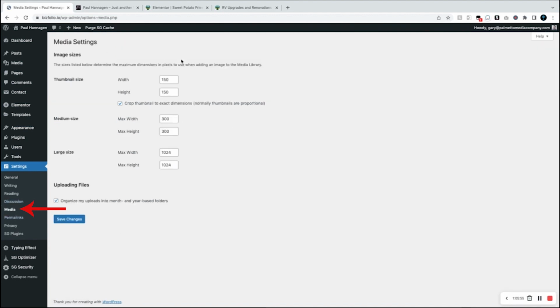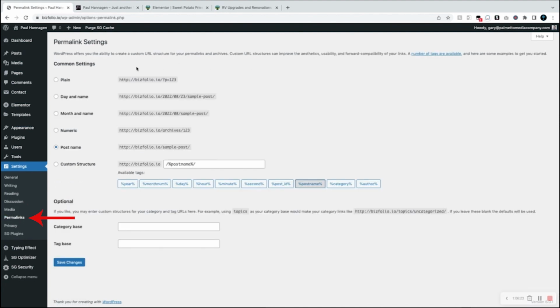Down to the next, media. This is the media specifications on your thumbnail size, medium-sized pictures, large-sized pictures. Default usually works just fine. Permalinks. This is the structure of your different pages and posts. For example, by default, which is normally acceptable, your website address and then the post or the page name. For example,